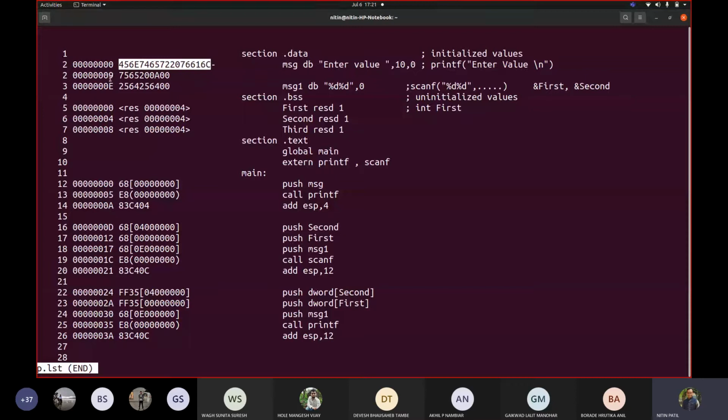The next number is at 9. So 9, A, B, C, D. Now this is at E. So E, F, and then 10, 11, 12, and so on. Correct? That's how it goes. Now, when it is like that, why are these numbers 0 for each one of them? Here also 0, here also 0.